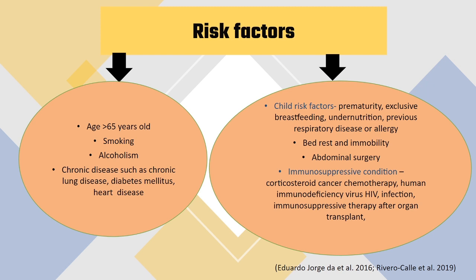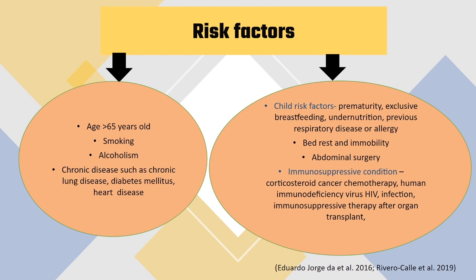There are also child-specific risk factors, which include children who are born prematurely, infants and babies, such as those who are breastfeeding, children and people who are suffering from undernutrition. Children who have suffered from a previous respiratory disease or suffer from allergies are also some risks that increase the child's chance of getting community-acquired pneumonia. Other risk factors can include immunosuppressive conditions, such as corticosteroid use, cancer chemotherapy, human immunodeficiency virus, otherwise known as HIV,